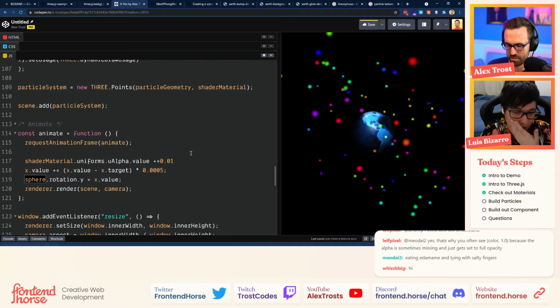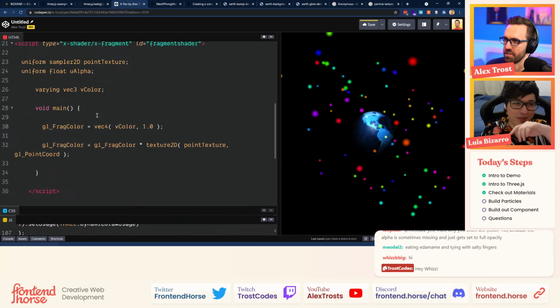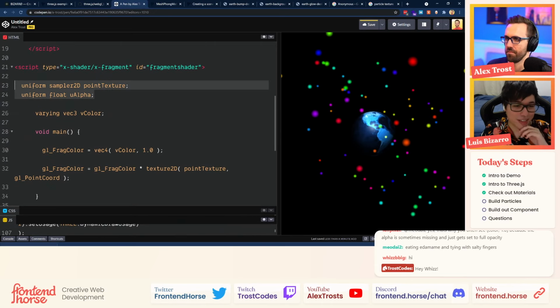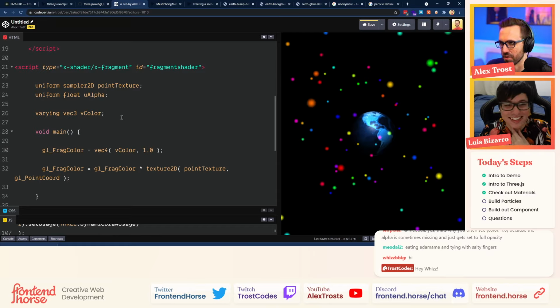Cool. And yeah, let's go back to the HTML code. And now we're going to update the fragment shader. Take that in, yeah, to the fragment shader. And let's create a new variable. Oops. Sorry about that. I clicked off and it's trying to get rid of me. All right, so we're creating, oh, good.